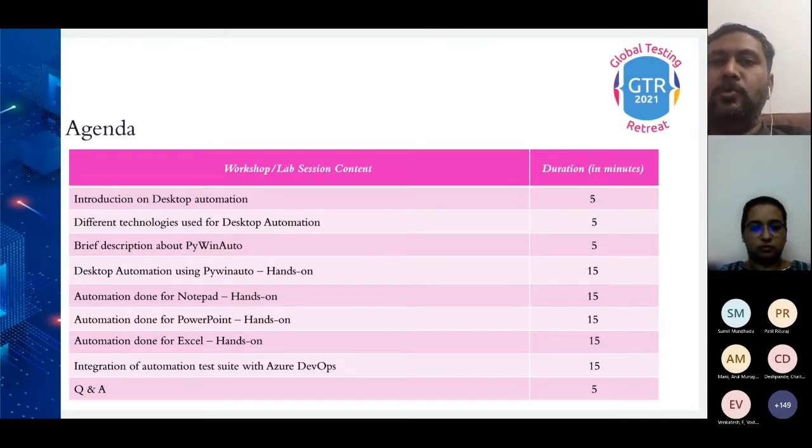To make it more hands-on, we have three use cases with Notepad, PowerPoint, and Excel. And finally, how all these are going to be version controlled, and eventually added as part of continuous testing with your cloud provider using Azure DevOps.